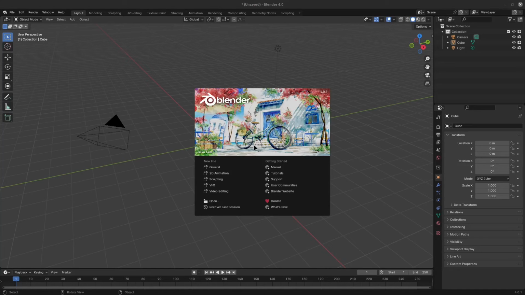Making our way through the documentation for Blender 4.0, we are going to explore more means of navigating the 3D